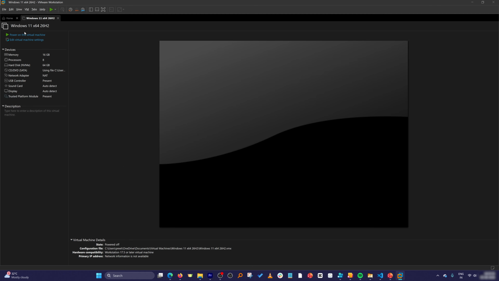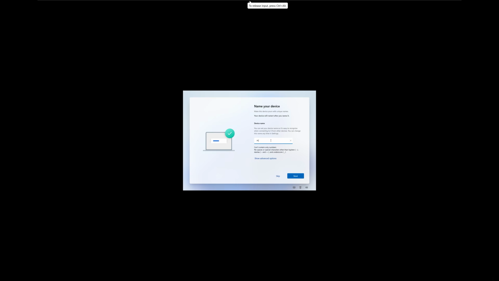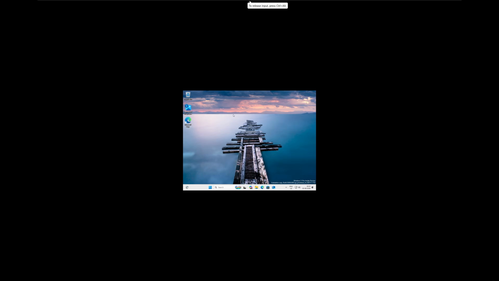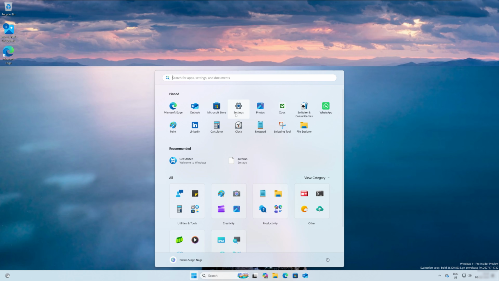Now let's boot this machine for the first time, which will happen automatically. And now you may need to go inside this VMware window and press any key so that it will boot from this ISO. Alright, so now after installing Windows 11 25H2 Pro, let's now go to settings